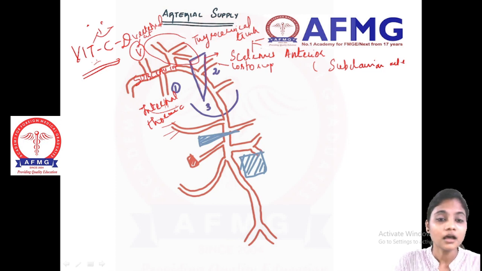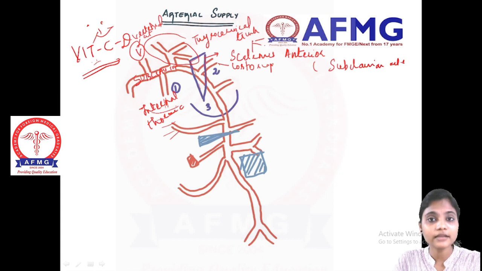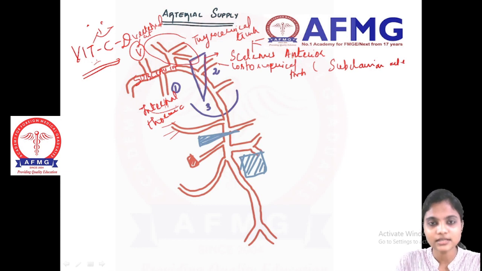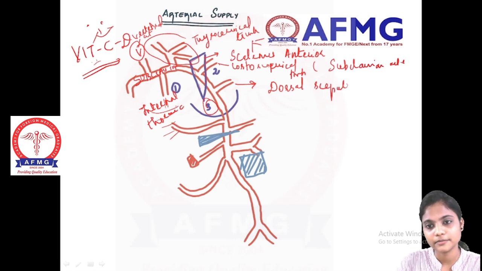Clear? That is very important to remember, what are all the arteries which are mentioned over there, right? So the costocervical trunk followed by the thyrocervical trunk. What is the next branch? Coming to the third branch, the third branch is your D, that is your dorsal scapular artery. It is giving supply to your scapula.